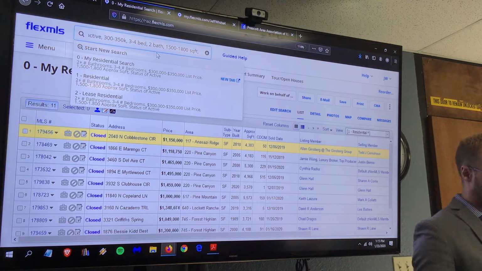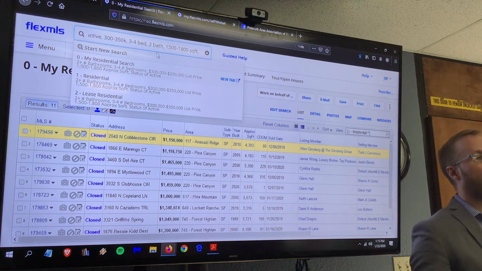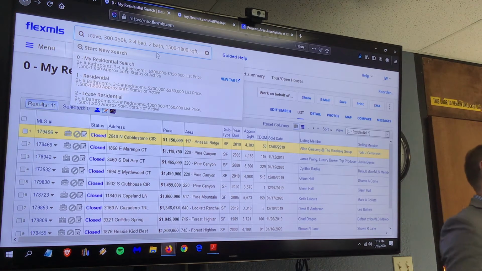Remember, we did a city. We could do an area. We could do a zip code. But remember our radius search? I could do 1 mile from an MLS number, or 2 miles from an address. Do all these search parameters. It takes you 20 to 30 seconds to type this out. And then now you have